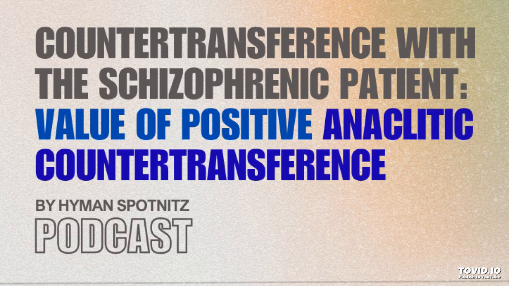Okay, so let's unpack the initial hurdles then. Spotnitz defined 3 distinct types of countertransference resistance. CT resistance. These are the obstacles, right? Yeah. That stop the analyst doing the necessary work. So what are the 3 sources of this resistance?